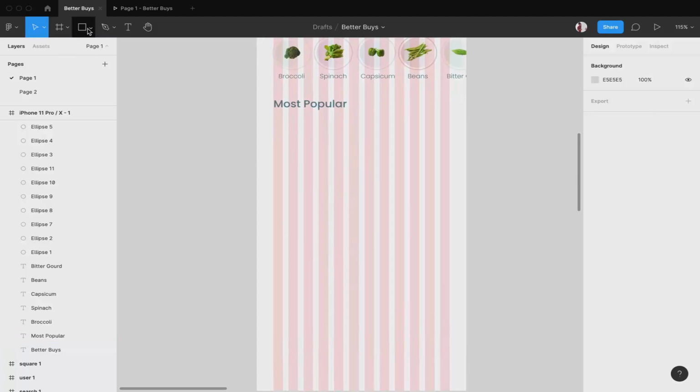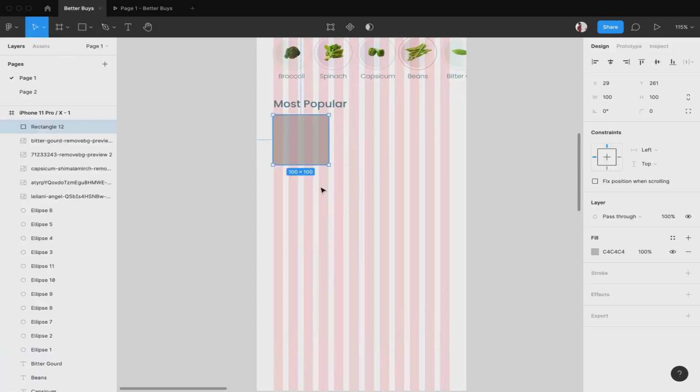Okay, now I'll create a square, so I'll create it like this. Let's say the width and height are somewhere around this.